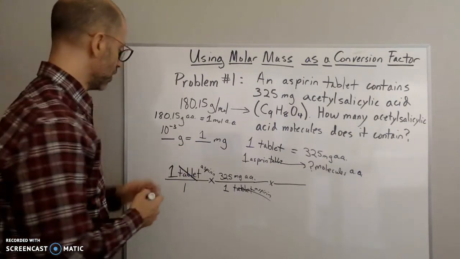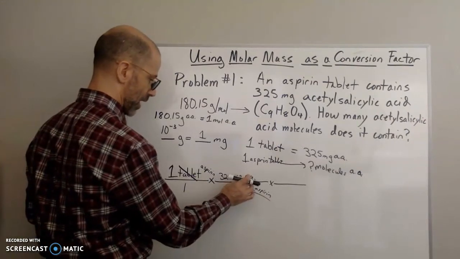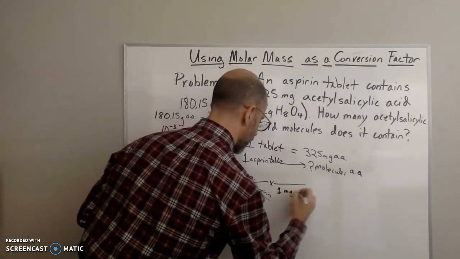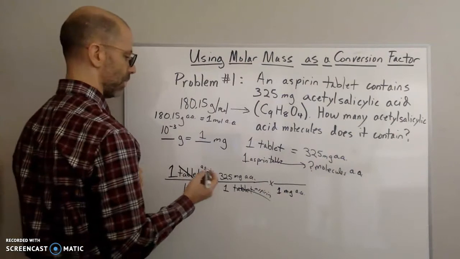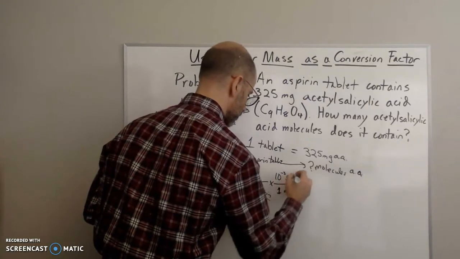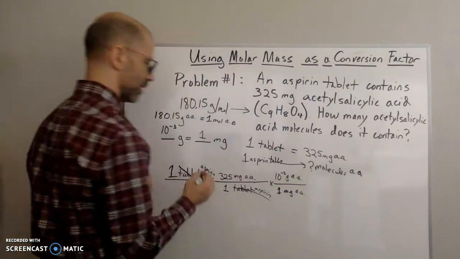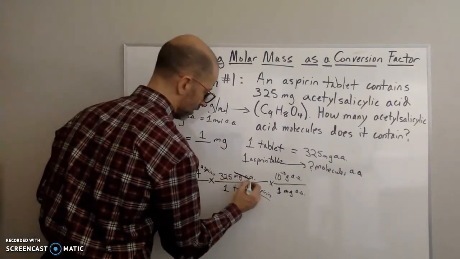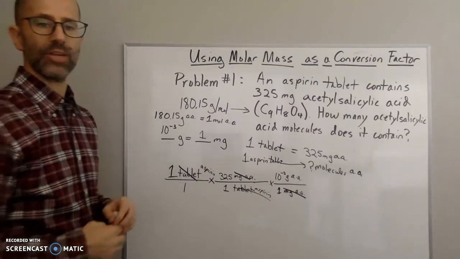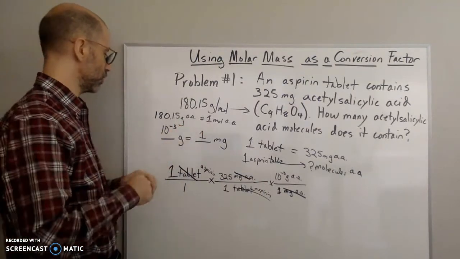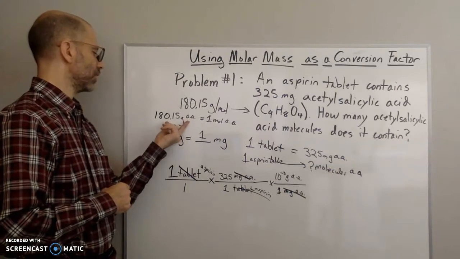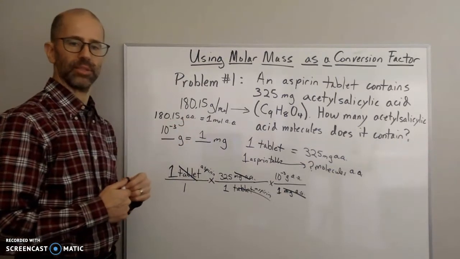Now I can convert. So I have milligrams on the top, so I want milligrams on the bottom. So I'm going to put 1 milligram of acetylsalicylic acid on the bottom, and then grams on the top. So 10 to the negative 3 grams of the same substance, acetylsalicylic acid. And then I'm going to cancel out the milligrams. Now I have grams. Great. So now that I have grams, I can use my 1 mole of acetylsalicylic acid to the 180.15 grams of